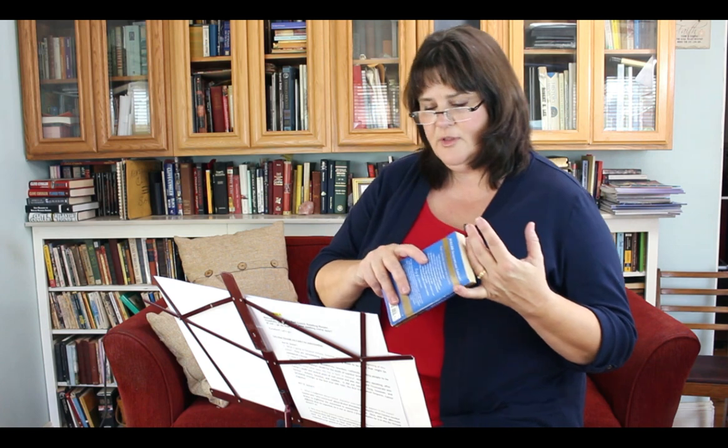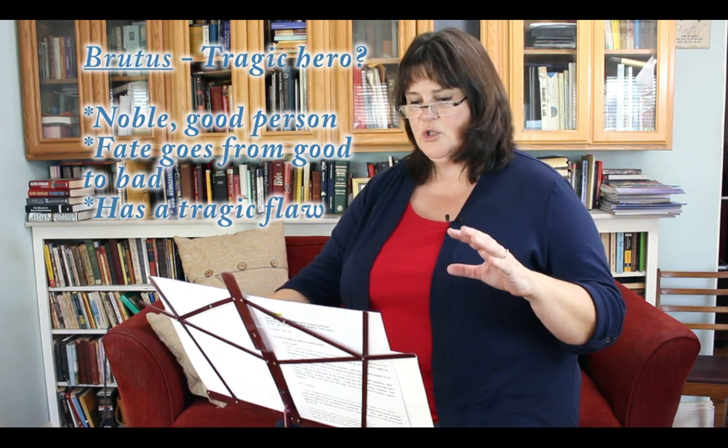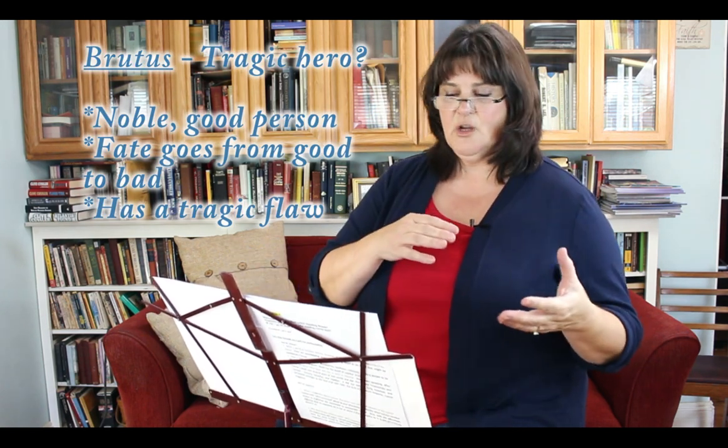Caesar's already shown to be evil in Act 1. First thing we find out is that he is evil. We are told that pretty much. He wants the crown. He slays Pompey. In Act 2, he's lured away from Calpurnia and down to the Senate, basically out of pride and wanting that crown, because there's the rumor that he'll be crowned that day. Brutus was more noble than he was evil. His fortunes go from good to bad, which is the pattern with a tragic hero.